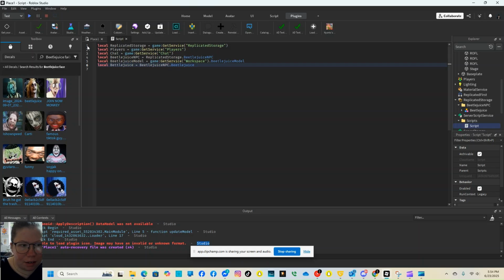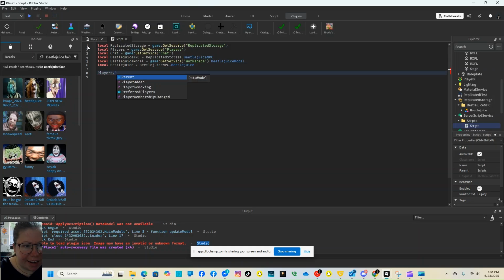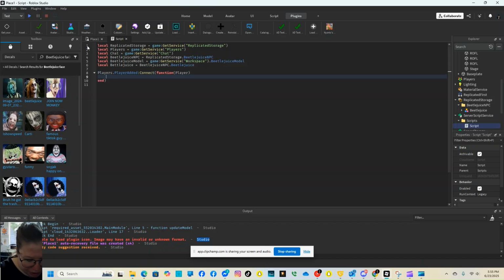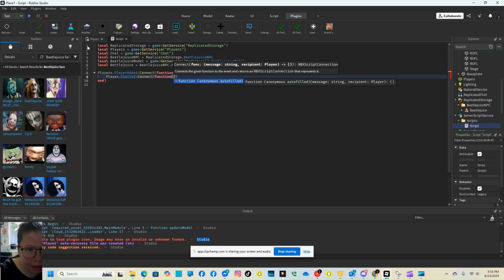So first of all, we're gonna do player added connect function player, and then player dot chatted connect function, and then msg,